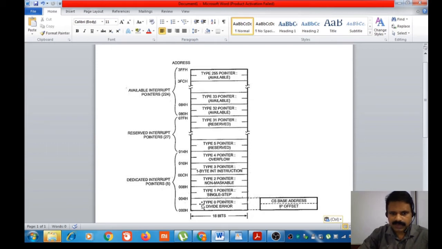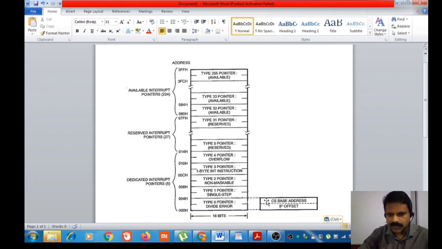First 1K bytes means its address starts from 00000 to 003FF, and the first word of the vector is the IP offset, instruction pointer offset, and the next 2 bytes is the code segment base address.